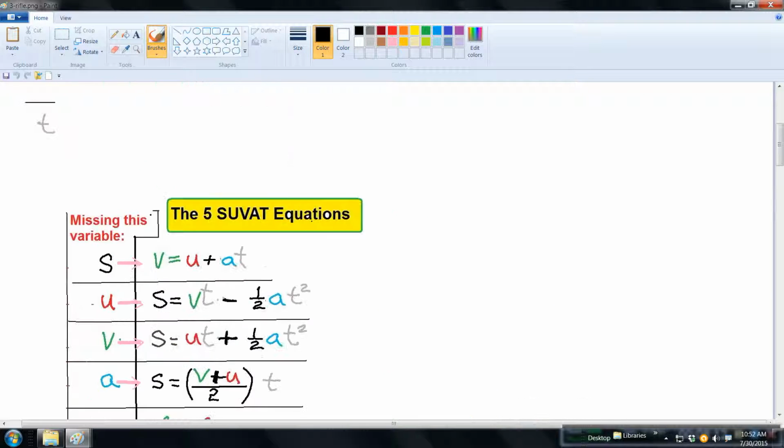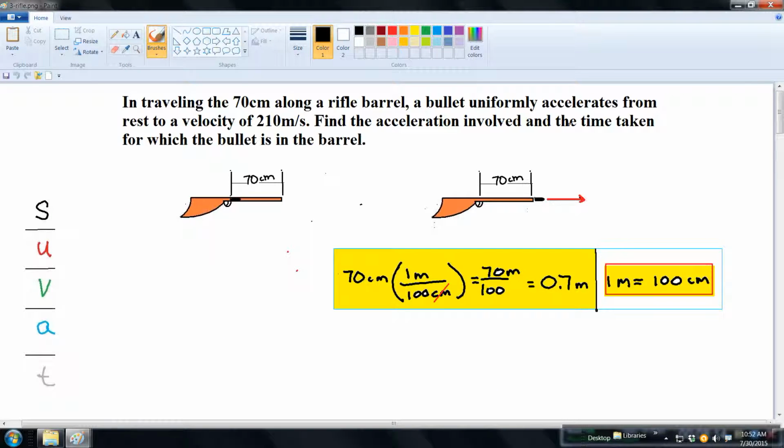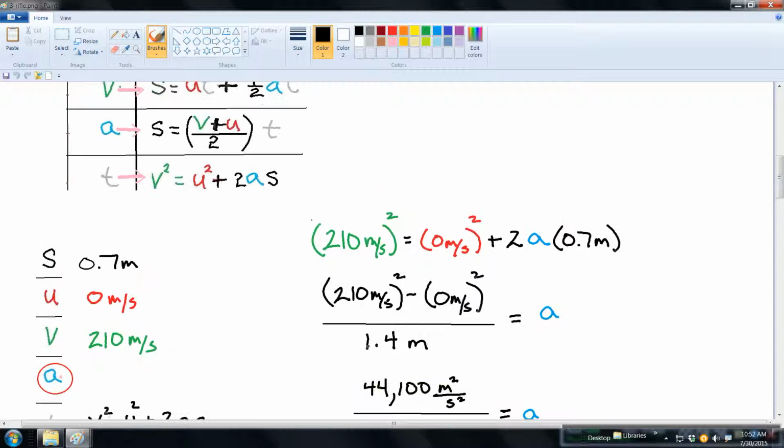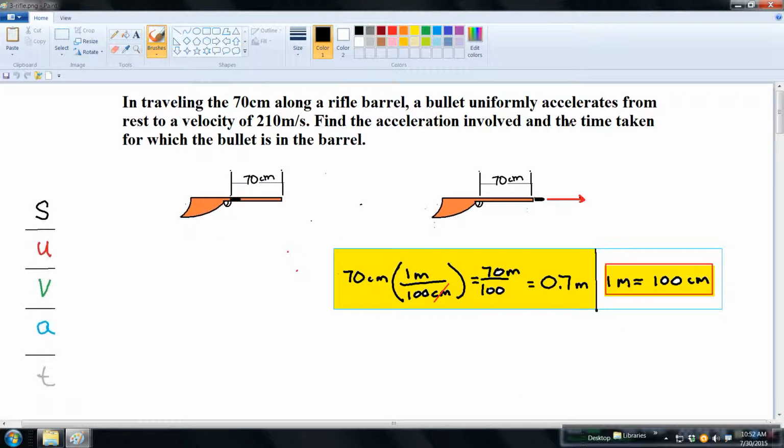But let's take a look at the second part of the question now. It's the time taken for which the bullet is in the barrel. So we want to know how long this bullet is under this huge acceleration value. Let me make a point here that I didn't make in the beginning: this gun has a velocity of the bullet coming out of the barrel of 210 meters per second,